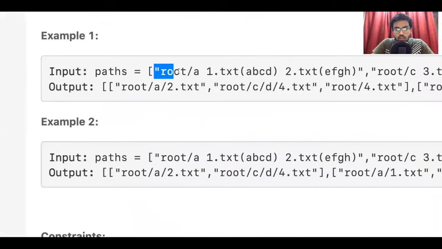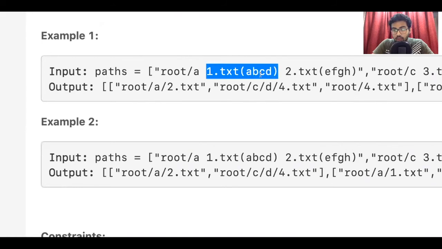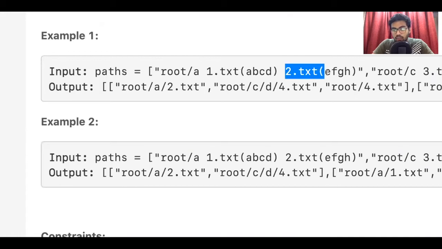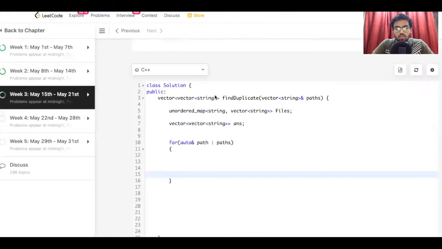First there is root slash a, which is the directory name, and then a space, and then the file name and the content of the file in a circular bracket, and then again a space, and the file name and content in a circular bracket. So what we can do here is maintain a string stream.